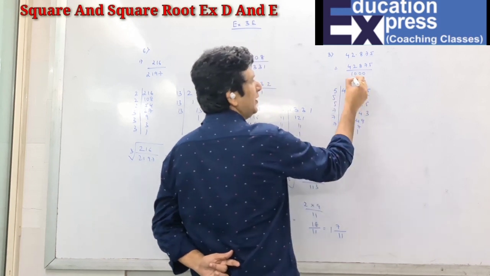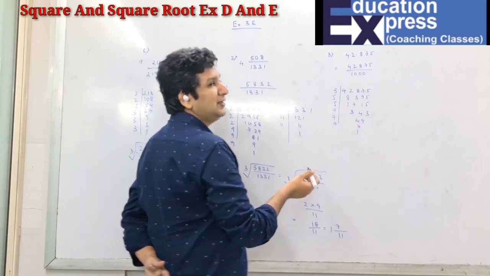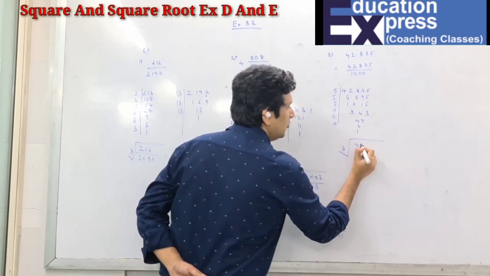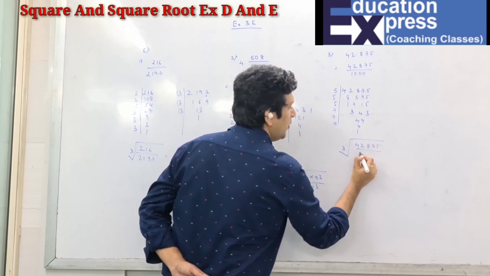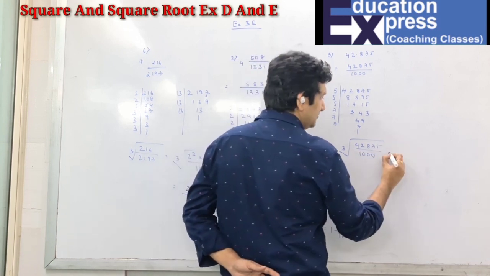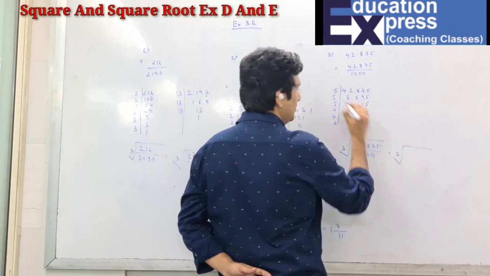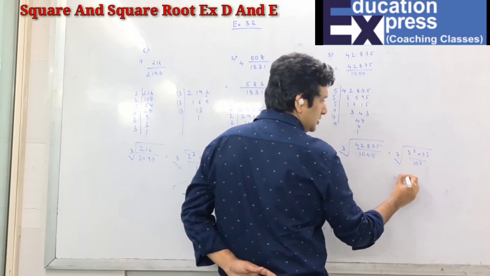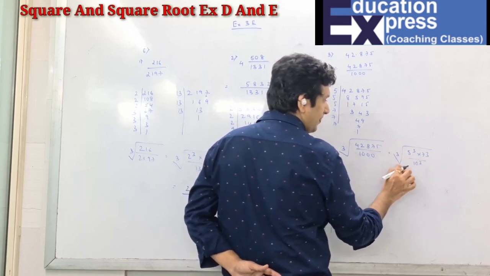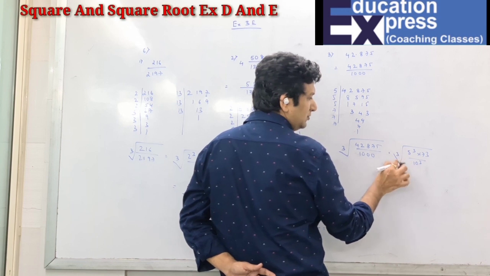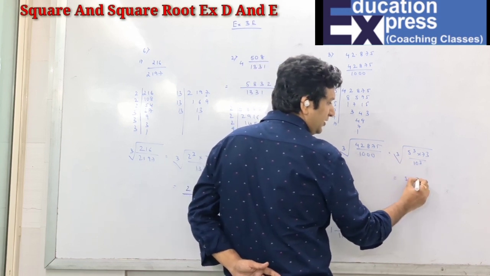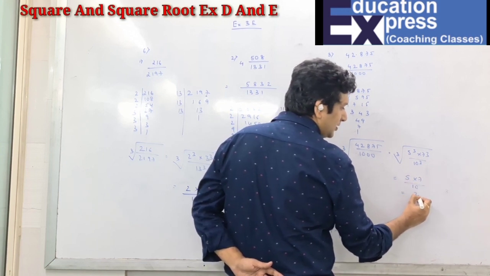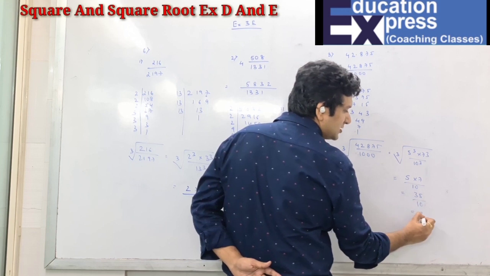Yeah, there is no need to find the cube root of 1000 because we know that the cube root of 1000 is nothing but 10. 10 cube is 1000. So the cube root of 42875 upon 1000 is nothing but the cube root of 5 cube, 7 cube upon 10 cube. So when I remove this, students, this 3 has to be inside the root. So 5 into 7 upon 10, 35 upon 10 is 3.5.